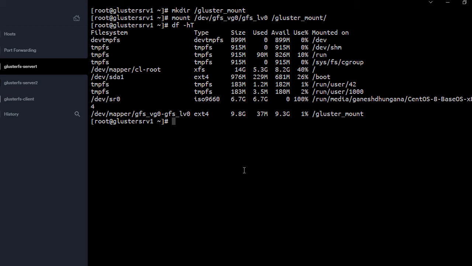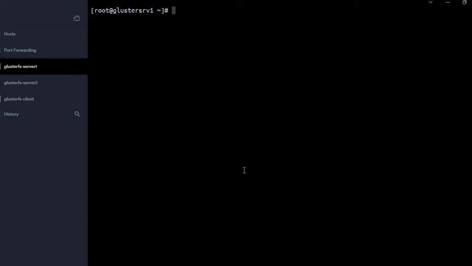If we reboot the machine, then this mount would go away. So to mount it permanently, we have to edit something in a particular location, and that is /etc/fstab. So let's go to that location first. Before that, I'm going to unmount the current logical volume.